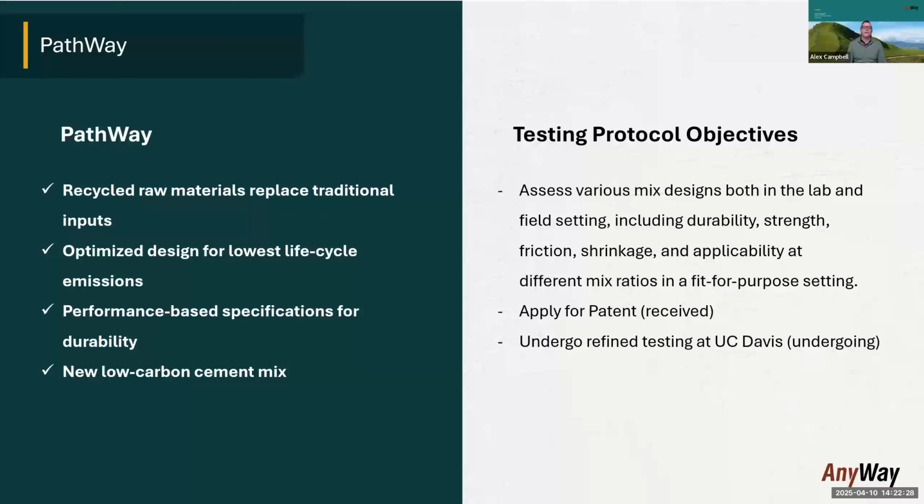A lot of people said you won't receive that patent because, what are you doing that the big conglomerates around the world don't know already? But lo and behold, here we are. So what we're doing right now is undergoing refined testing at UC Davis. We've got a package of results that we've done in-house as well as some other labs, but now we're doing a more refined assessment of how good the product is, how we can push some limits. Can we increase the strength so that we could use it potentially in other applications? So that's the process that we're undergoing right now.